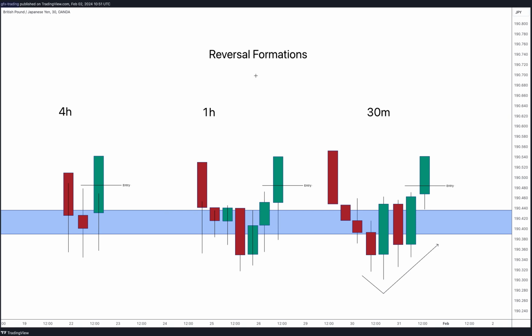Okay, traders, welcome back. This is the second video that I've made on candlestick formations at 4-hour zones. This one is, like it says on the screen, we're talking about reversal formations on the 4-hour, 1 hour, and 30-minute. Okay, so the basic principle is when we come down to these zones, there is